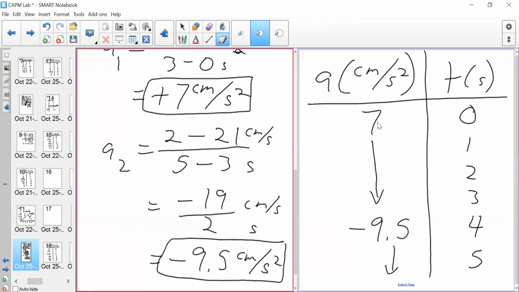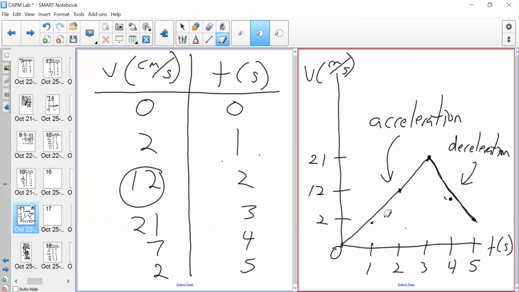The slope didn't change. The slope was going to be 7 centimeters per second squared from 0 to 3. Again, the slope of this line here will not change from 0 to 3. So that means that my acceleration, which doesn't change, is going to be the same from 0 to 3, which is why